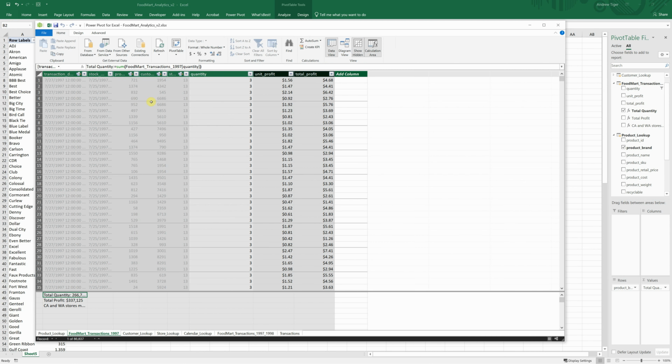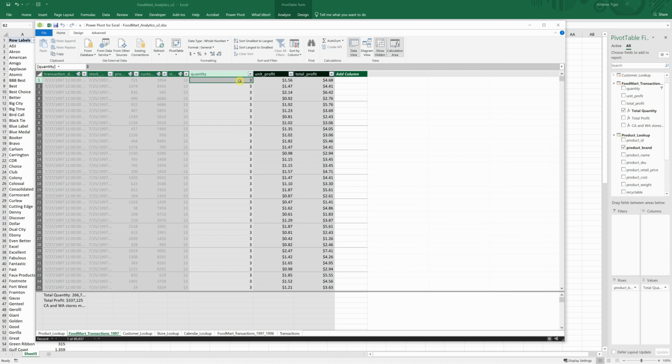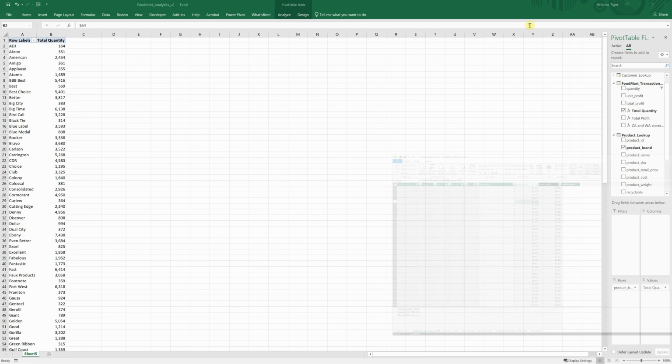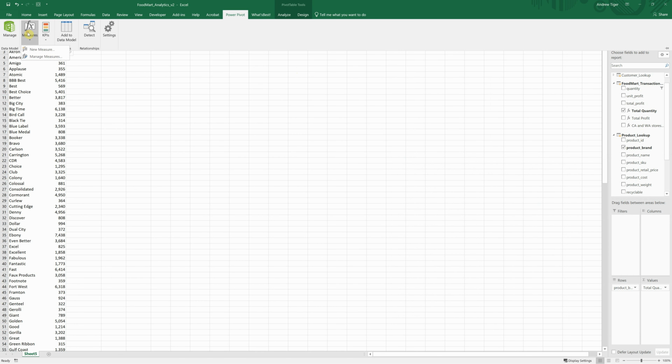If I wanted to look up, for every one, that's a transaction, that's a transaction. So I want to count how many different transactions. So there's 1, 2, 3, 4, 5, but I want to cut this by product. So what I'm going to do is go to Power Pivot, create a new measure,